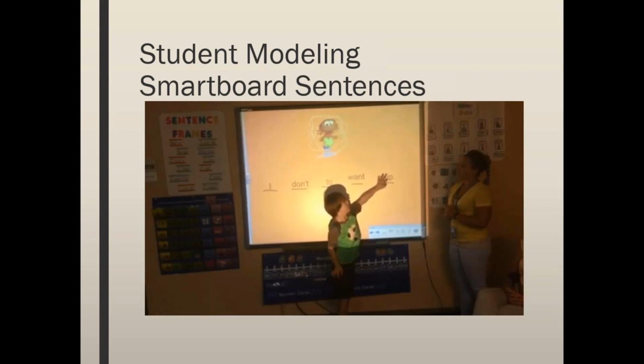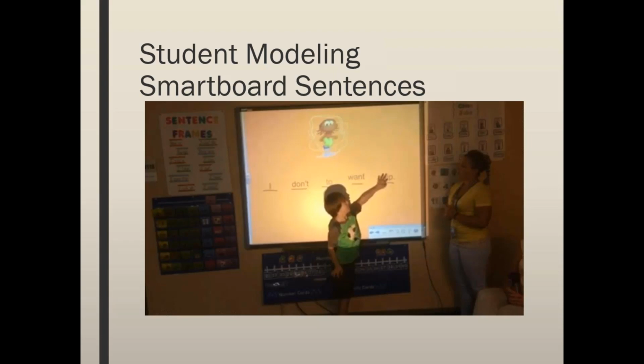You can see here that I just have magic lines so the lines match the number of words in their sentence. And then we go back and we talk about how we have a capital at the beginning, finger spacing, and punctuation at the end. You can do this low tech very easily just by doing different sentence strips or words